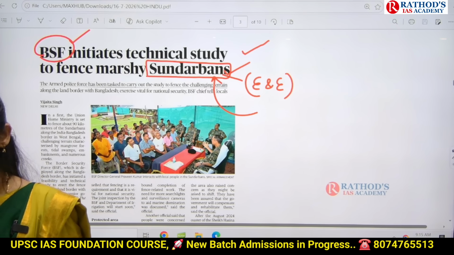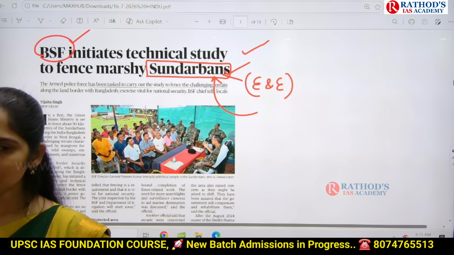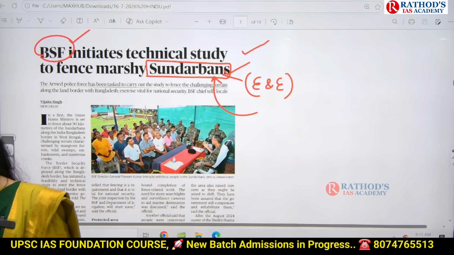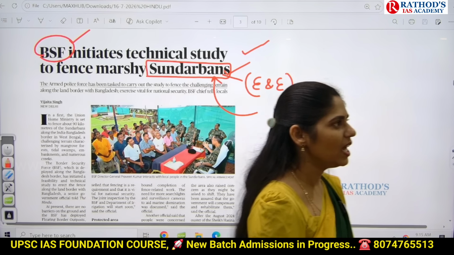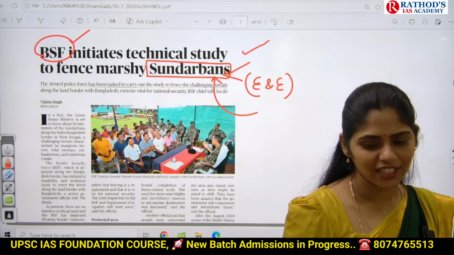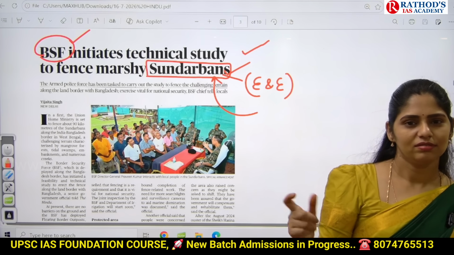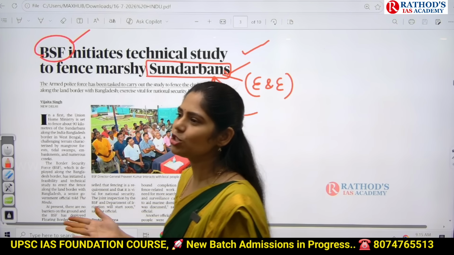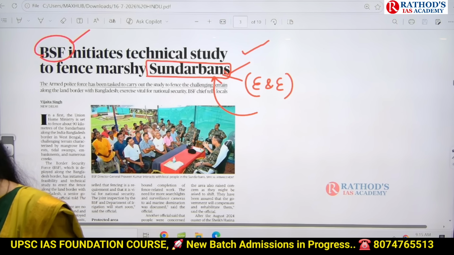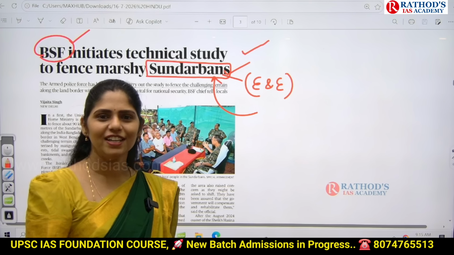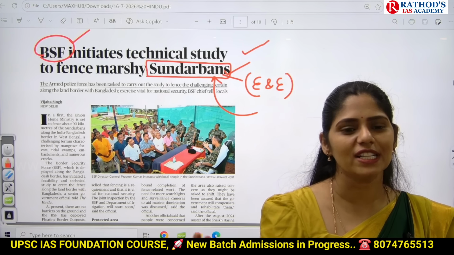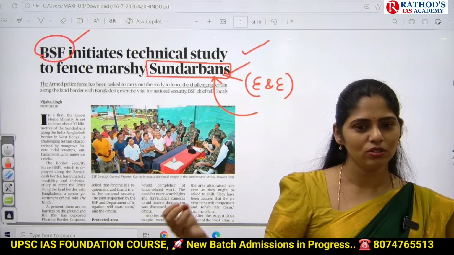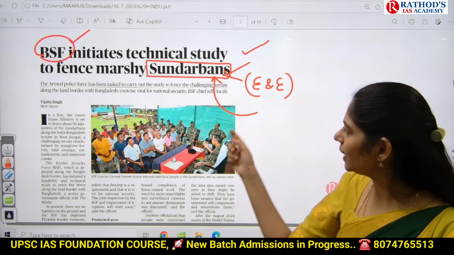And on the Sundarbans, many times UPSC has asked prelims questions. In 2020, I guess, if I'm not wrong, there was a question on the Sundarbans, and they asked about kidneys. Normally, we call the Amazon forest the lungs. So they asked about kidneys. Kidneys are nothing but the wetlands. Why are the Sundarbans called kidneys? Because they remove waste. Okay, like that.